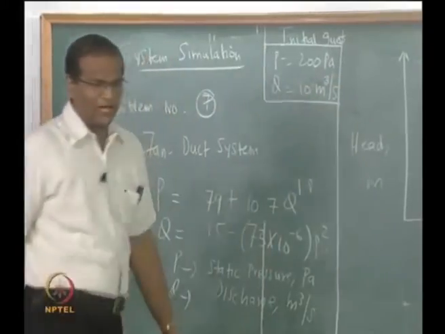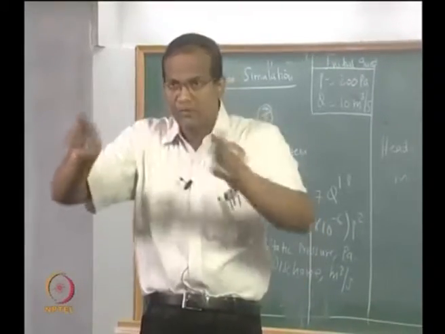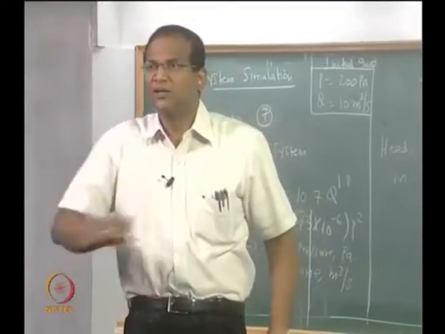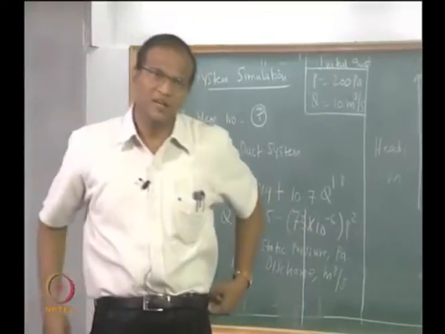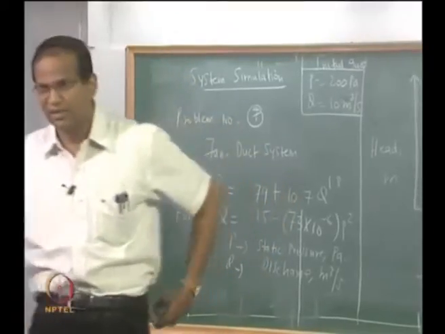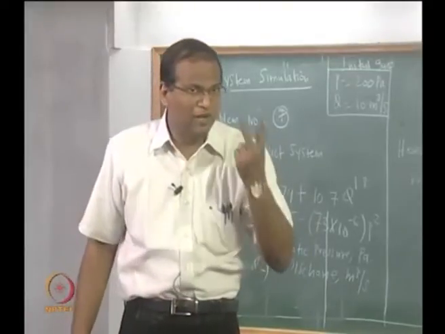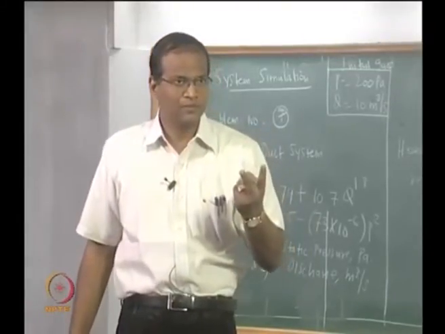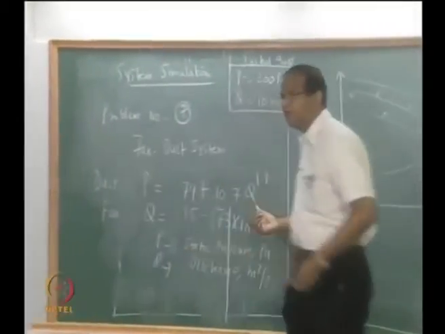First draw the information flow diagram, draw two components, fan and duct, two rectangular boxes, something will go in, something will go out, then complete it. This is a sequential arrangement because the output of the fan becomes input to the duct and the output of the duct becomes input to the fan. Two types of information flow diagram are possible. Watch out. Please look at the board.